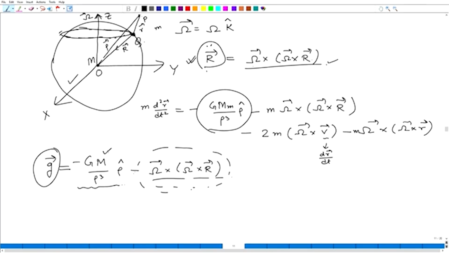So, you can think that this part can somehow counterbalance even partly that part, and that is why this g will be your g effective. If you write this,